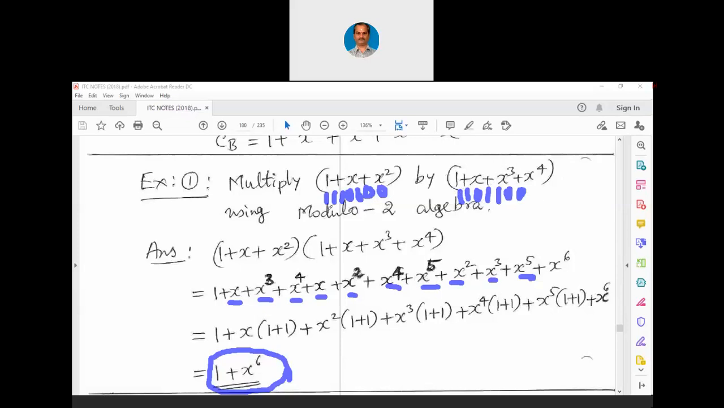Now when you multiply these two vectors in the modulo 2 algebra, you will get the output as 1, 0, 0, 0, 0, and then 0, then 1. This may seem like crazy, but it is done using modulo 2 algebra. Okay, so the resultant